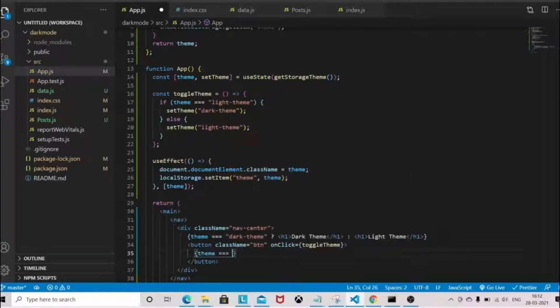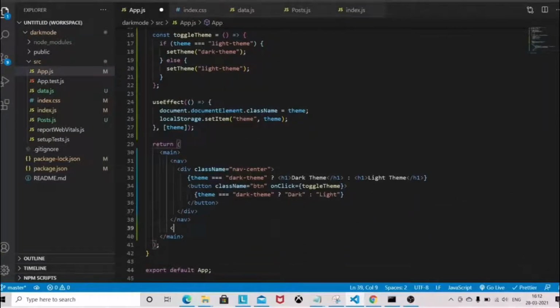If theme is equal to dark, then the button value will be dark, else it will be light. So the button text value will also get changed upon toggling the theme.